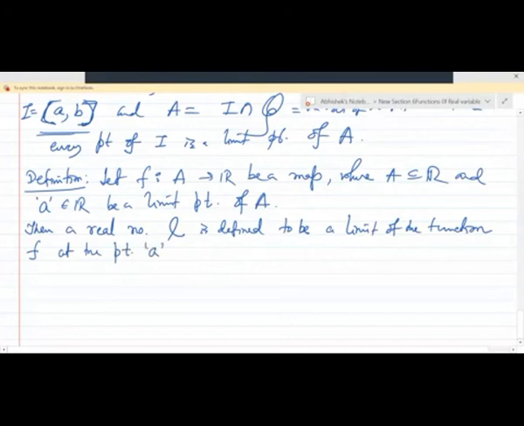Just look at this definition very carefully. A real number L is defined to be a limit of the function f at the point A if, given any epsilon greater than 0, there exists a delta greater than 0. You need to place any real number epsilon which is greater than 0, and once you choose an epsilon, then you can find one delta greater than 0, such that